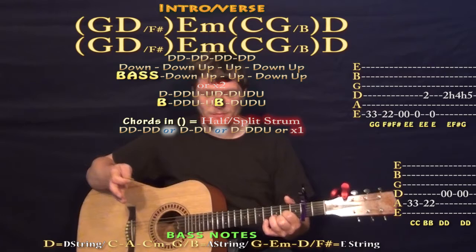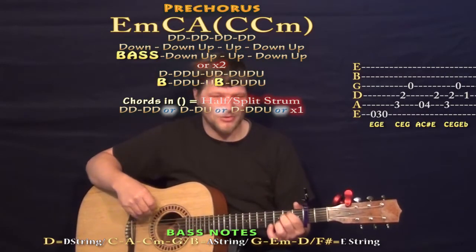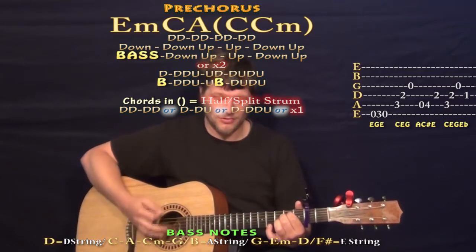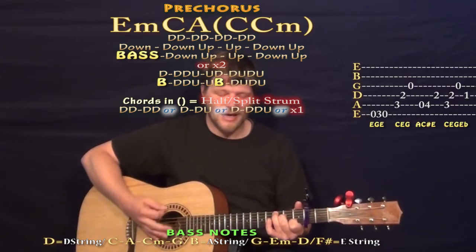Kind of dig on that too. And we repeat that twice, and then we go into our pre-chorus part. So if we tried our pre-chorus, we could work that with the downs too. E minor, C, A,